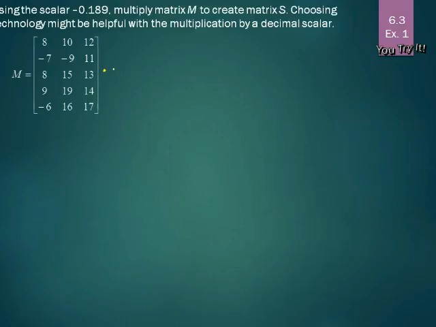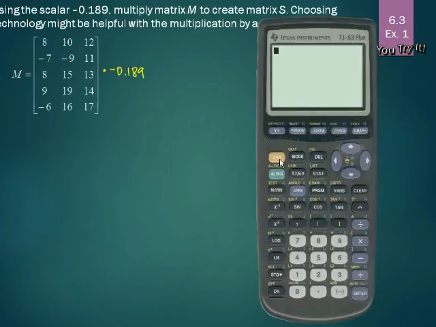So we're just going to multiply that, and you can do this by hand, but since it's a decimal and we know these will be messy numbers, there is a way to do this in the calculator, so I'm going to go ahead and get out my calculator. Yours might vary a little bit. This one's a TI 83 plus,